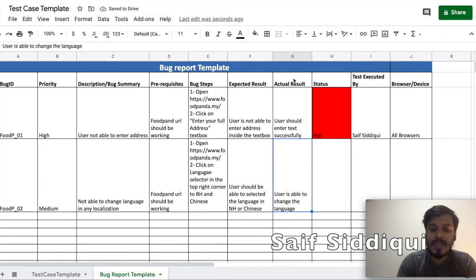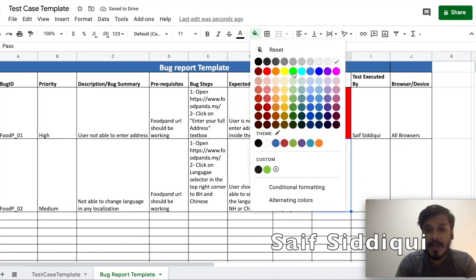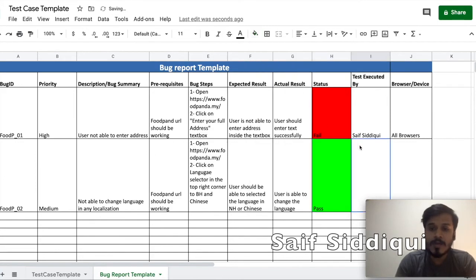So basically, once I am re-verifying the issue, I need to validate the actual result, and if it is working fine, I will write pass, and then I will go here and make it green. It will help me easily identify that this issue was not working fine previously on some build version, now it is working fine. And again Saf Siddiqui, and if the issue was on Chrome browser, I will write Chrome.